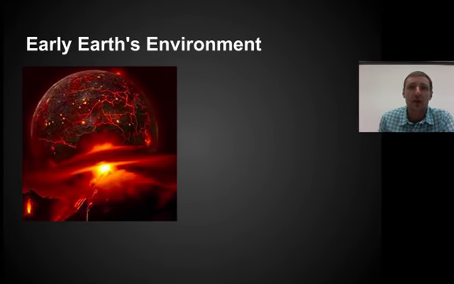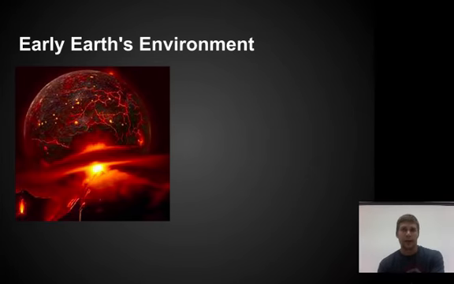Another reason there was no life on Earth in its early history is that Earth didn't have an atmosphere. Because it didn't have an atmosphere, it didn't have anything to protect the Earth from the sun's UV radiation and UV light, so it kept Earth extra hot as well, and it didn't allow Earth to sustain any life. Another way Earth was different than the Earth we know today is that there were no continents or oceans. In fact, there was no liquid water on Earth whatsoever. Again, this is another reason that the Earth was not a place where living things could be found.